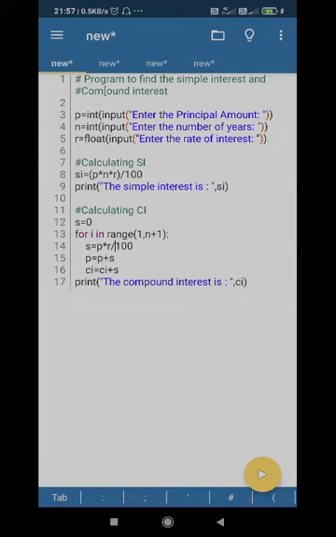What about the compound interest? After the first year the interest is accumulated with the principal amount, right? And that amount is used for calculating the interest next year. So that is why in this program only the compound interest is iterated. Simple interest is using the normal formula PNR by 100.